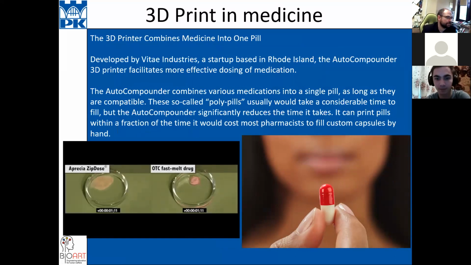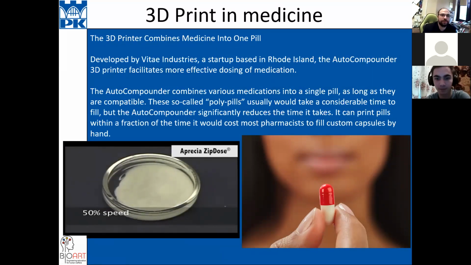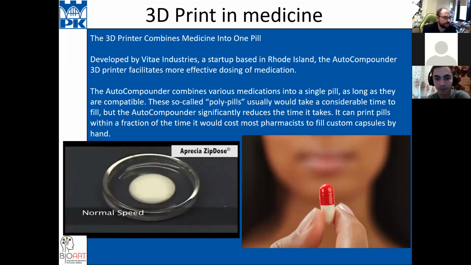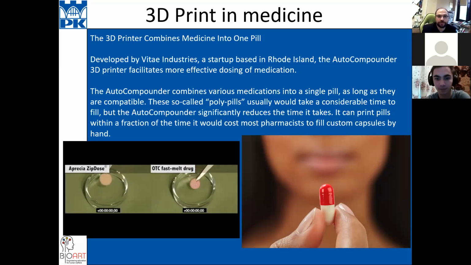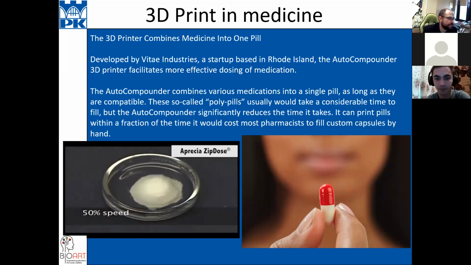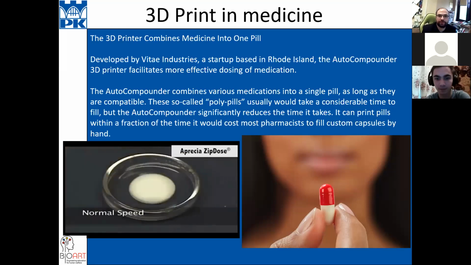You get your recipe for the medicine from a doctor, you give it to the pharmacy, to the pharmaceutical, and it will be printed on the 3D printer. It will be printed for you, and it will be printed specially for you.